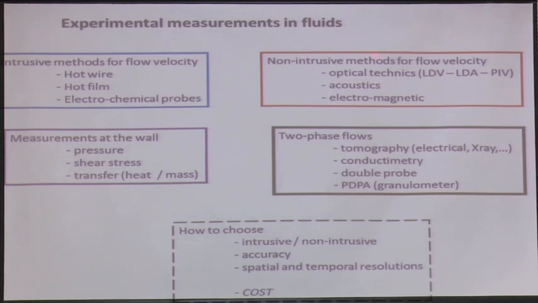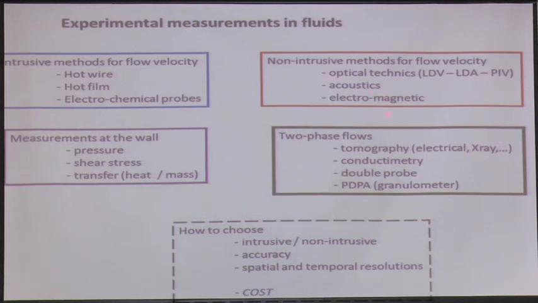So in that category of optical techniques for flow velocity measurements, I'm going to talk about LDV, LDA, which are laser Doppler velocimetry or laser Doppler anemometry. It's almost the same. And PIV, which is becoming very popular in labs and also in the industry, because you have full access to the flow field. Instead of having access to one point, you have access to the flow field everywhere in the laser plane, in the laser sheet. So all these techniques are based on optics. You are going to shine the scene with a laser, and then you are going to look at something to see the motion of the flow.